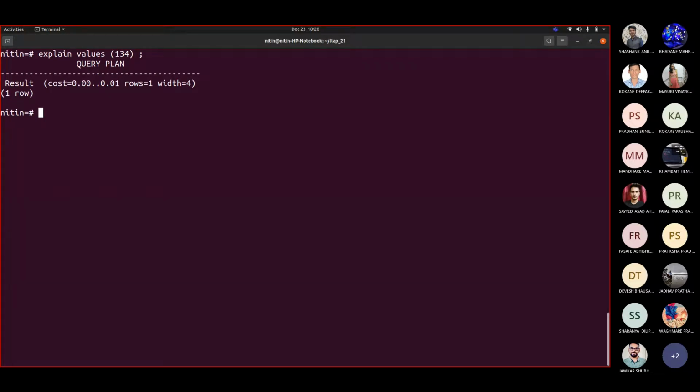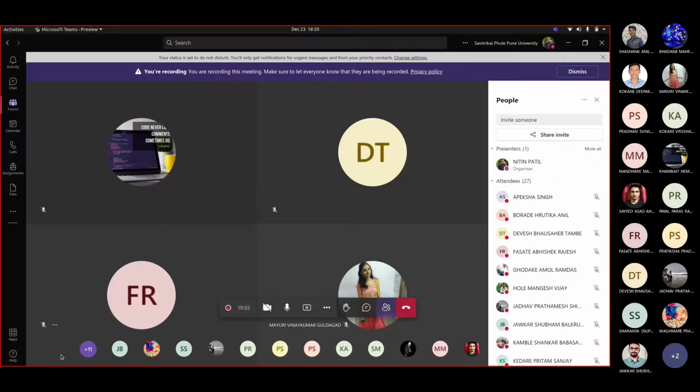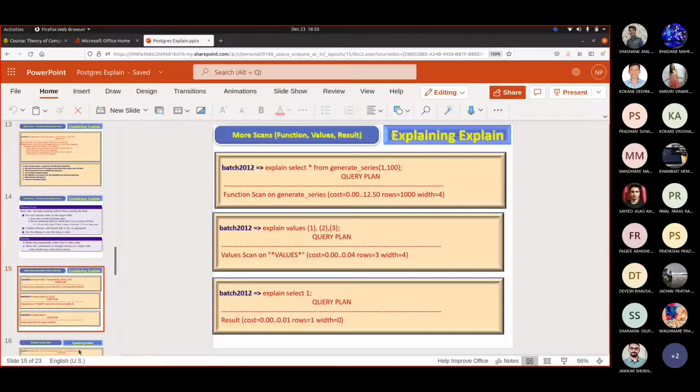Earlier there used to be a value scan. With Postgres 11 or 12 onward, this value scan was deleted and it shows you something called result.